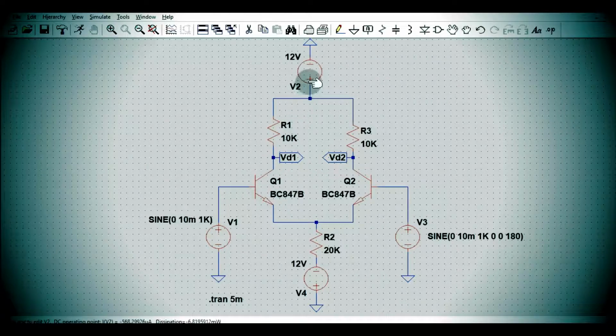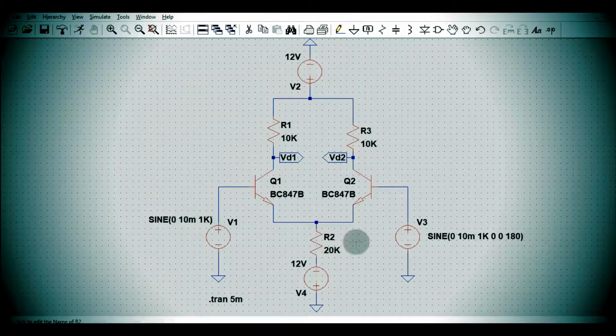At the collector of the transistor we have a plus 12 volt supply, connected via a collector resistance R1 to the collector. The same 12 volt supply is also connected via R3 to Q2, and the base input for this transistor Q2